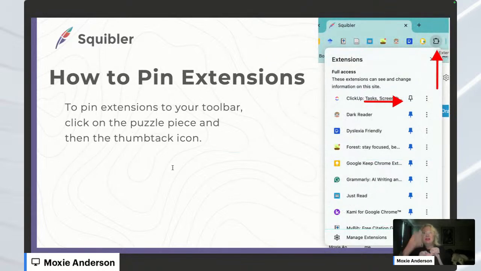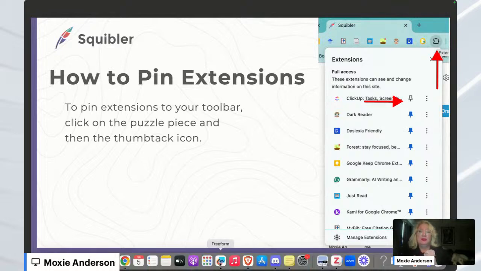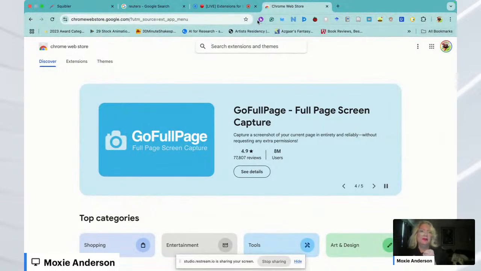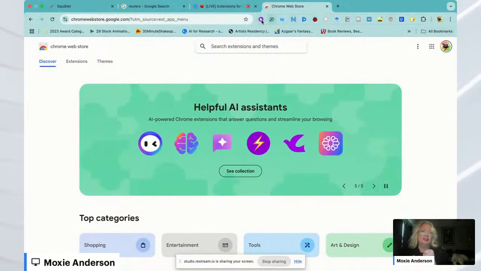We're going to take a look next at how to pin the extensions so you have really easy access to them. Because once you put them onto your browser, they're not going to show up on the top. You can see here at the top of mine, you can see all of the extensions I've added, and they all have these little icons. If you want to make sure that they're pinned to your browser, so you can see them easily like this,